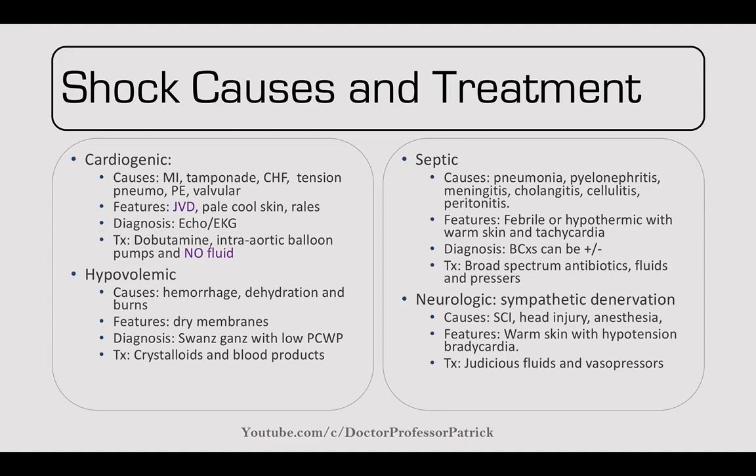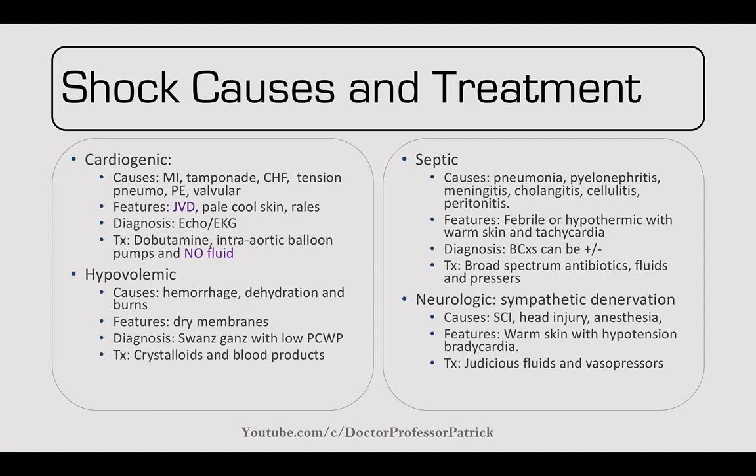So some causes and treatments. If this was a cardiogenic shock, it can usually be caused by MIs, tamponade, CHF, tension pneumothorax, PEs, and the features are going to be JVD is what you want to look for. So there's preload backing up before it can get into the heart. They'll be pale with cool extremities, and they might show rales on exam. So to diagnose this, you want to look at an echo or an EKG, and to treat this, you would use dobutamine or an intra-aortic balloon pump or an LVAD,